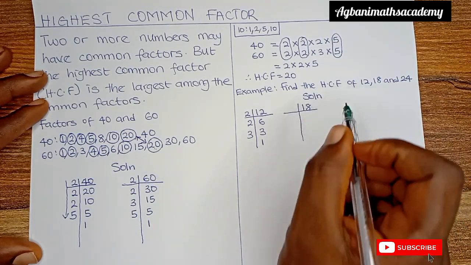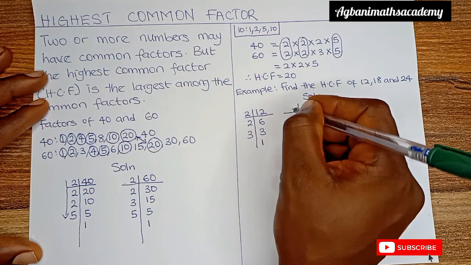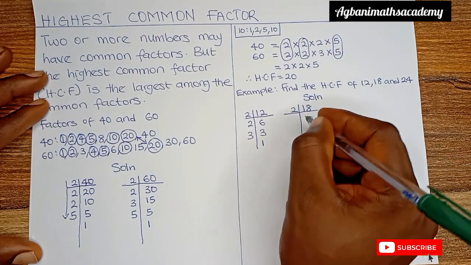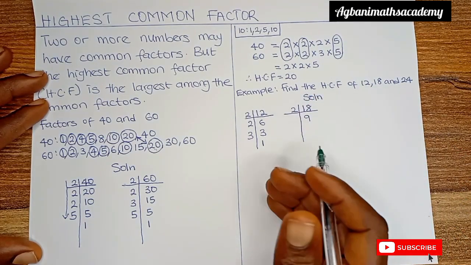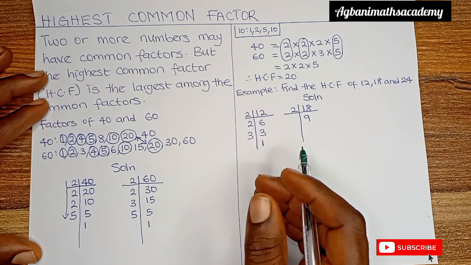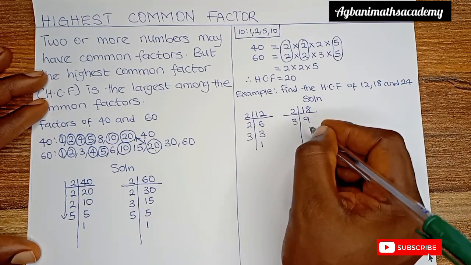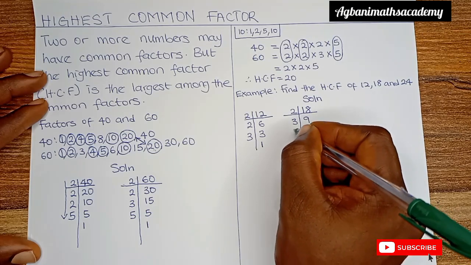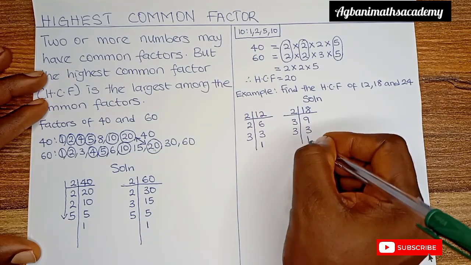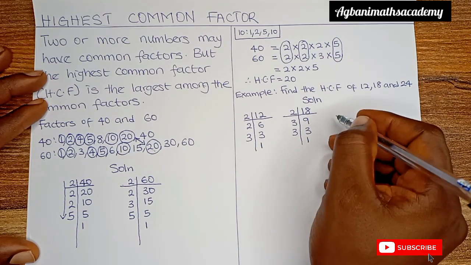What's the smallest number that can divide 18 without leaving a remainder? The answer is 2. 18 divided by 2 is going to give us 9. Can 2 divide 9 without a remainder? The answer is no. So let's step up to 3. So we have 3 here. 9 divided by 3 is going to give us 3. We continue with 3. 3 divided by 3 is going to give us 1. So we are done with 18. We move to